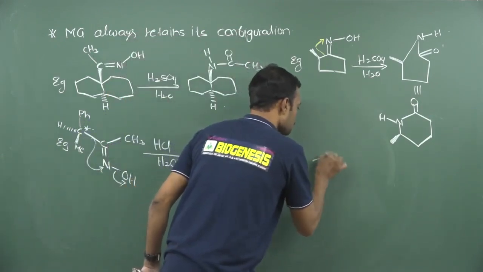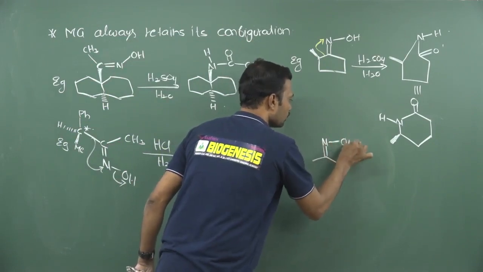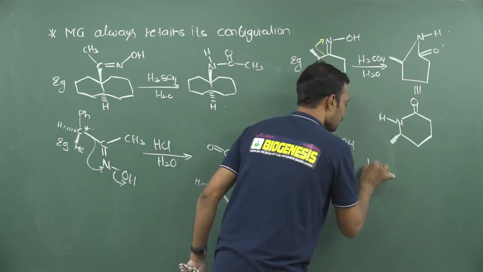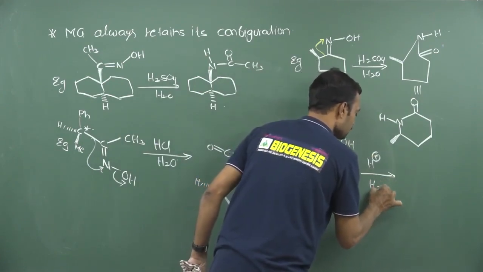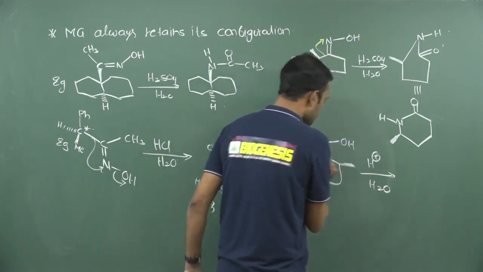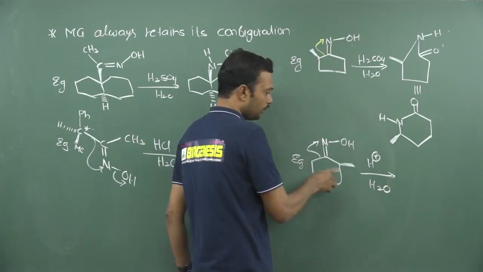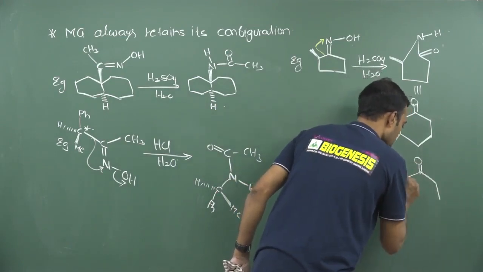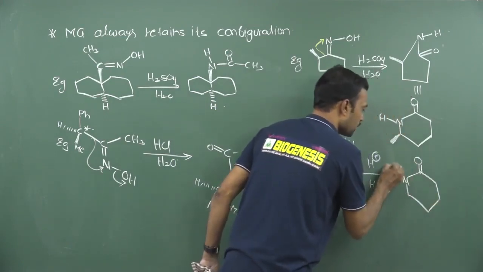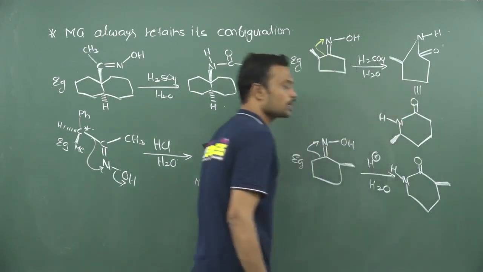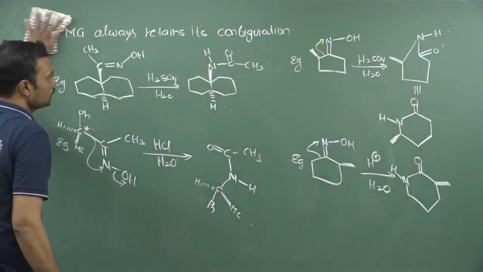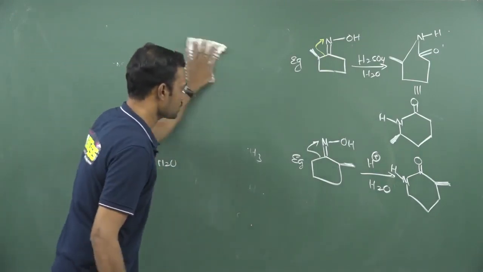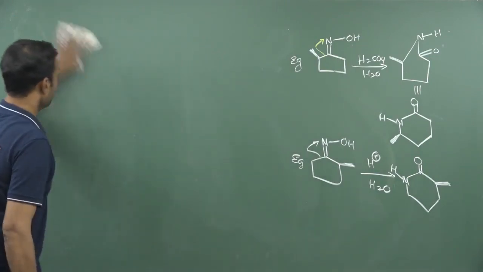Suppose that thick line is not present on the left side, okay, so you may take it like this. If it is present towards the right side, what will be the answer? If I use H plus in water, okay. So here see, this bond will readily expand over here, and this attaches to the carbonyl. So can I write like this? C double bond O. This is a 6 member ring, and this is nitrogen, and here you may get hydrogen. This is the thick line, which is exactly on the right side. This is the migration aptitude of a group, how it is going to retain its configuration in Beckmann rearrangement.